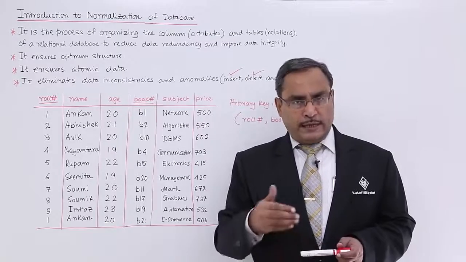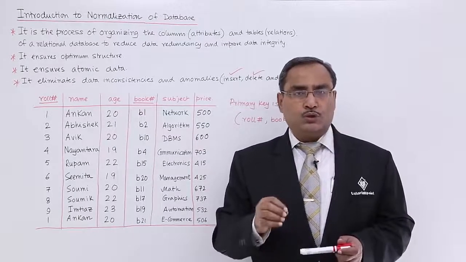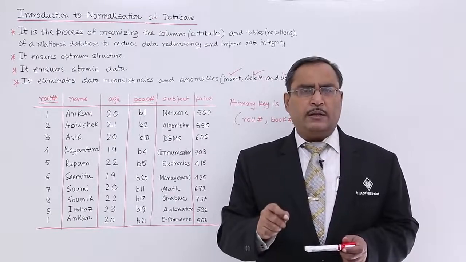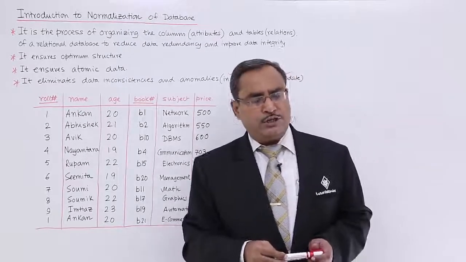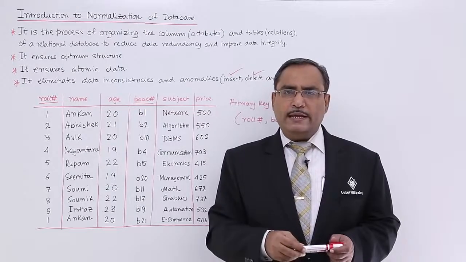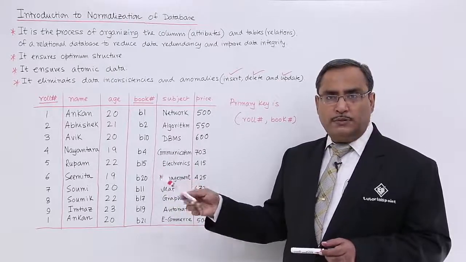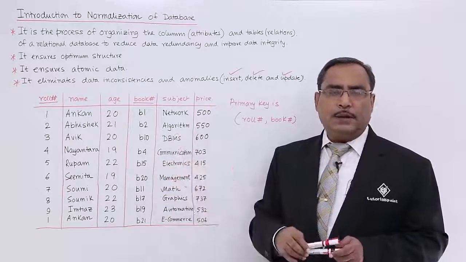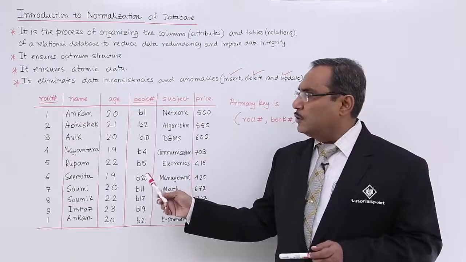So in the next videos we shall discuss different normal forms to reduce or eliminate data redundancies, to eliminate inconsistencies in the database, to improve the database structure, to improve data integrity, and to remove anomalies from the database. We shall discuss different normal forms to solve such problems, where insertion, deletion, and update anomalies will not be there, redundancies will not be there, and so on.